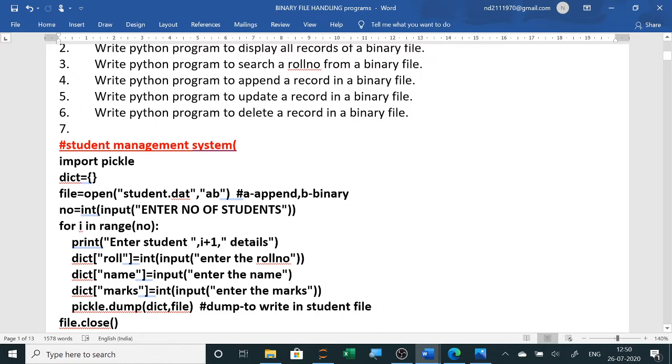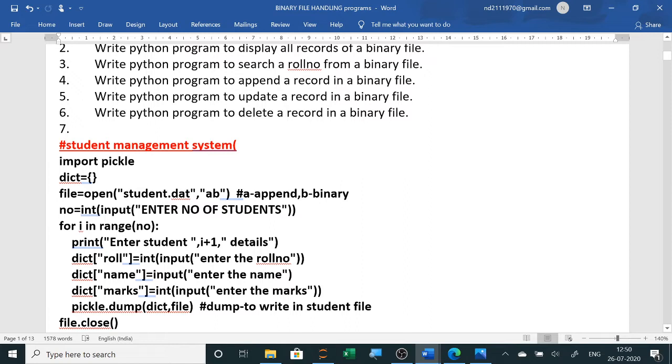This is the open command. Similar to text files or CSV files, there also you were using open, only the file name ended with .txt; now I have written .dat. Now how many student records do you want to enter? Here I have used a for loop because I want to execute it that many number of times.